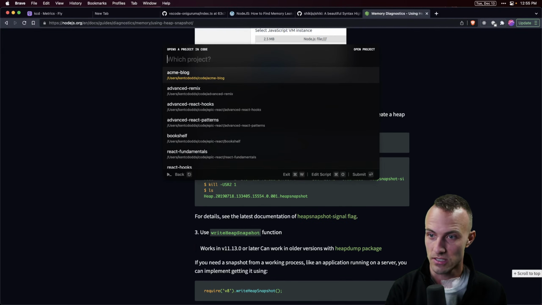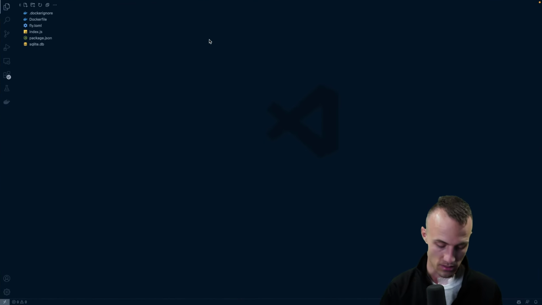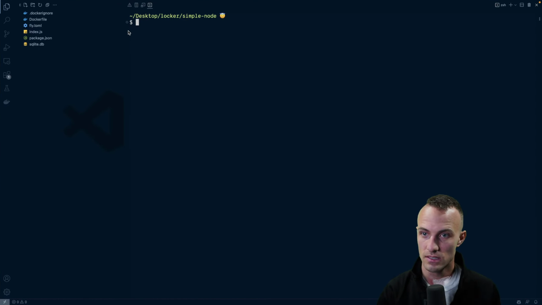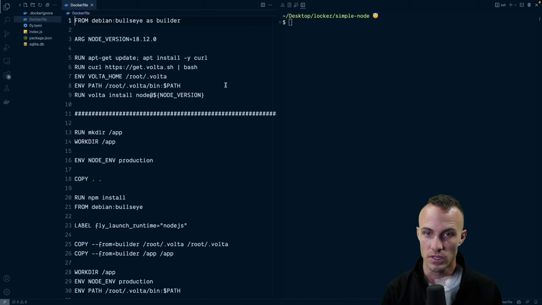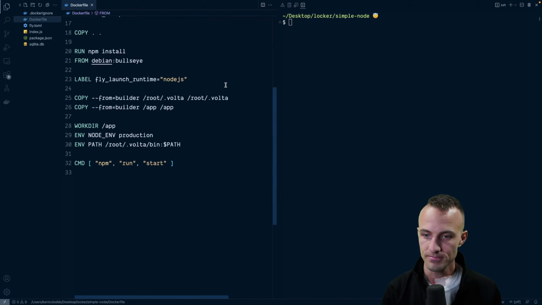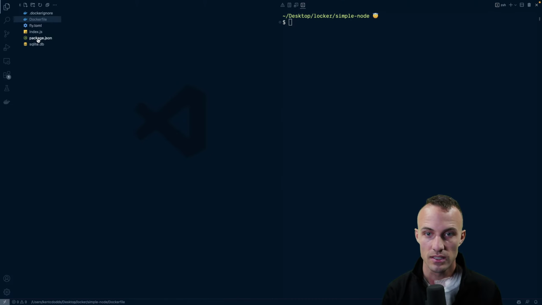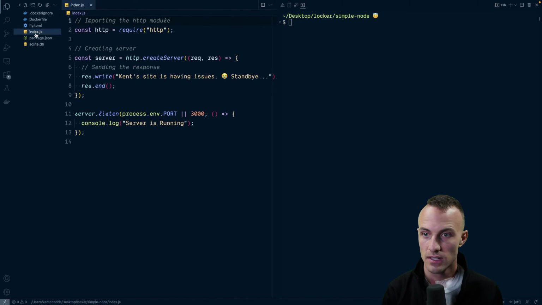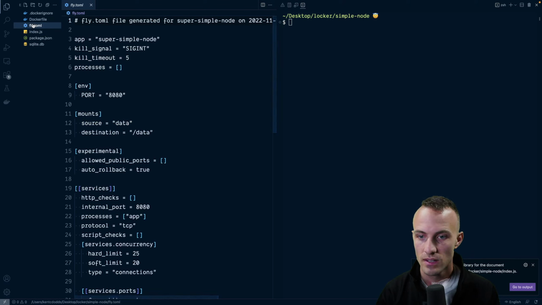So what I'm going to do is use a simple Node script that I sometimes deploy, just as a super simple but still Dockerized app for Node. It has a SQLite database, I guess it doesn't use it. It does have a mount. Yeah, super simple Node. Anyway,